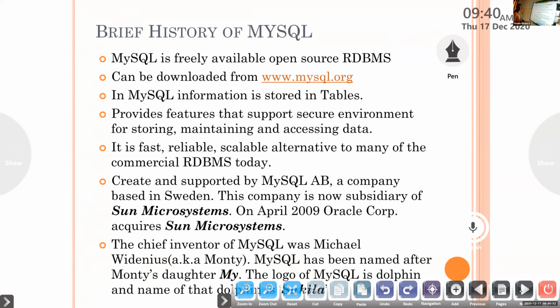Okay, now let's move on to MySQL. So you will be studying that many application software, many RDBMS softwares are available in the internet, and mainly we are learning about MySQL RDBMS software. Why we are learning it? Because it's free to download. You don't have to pay even a single penny to download this. It's not like Microsoft Access or SQL Server. They are paid softwares. This is free software.